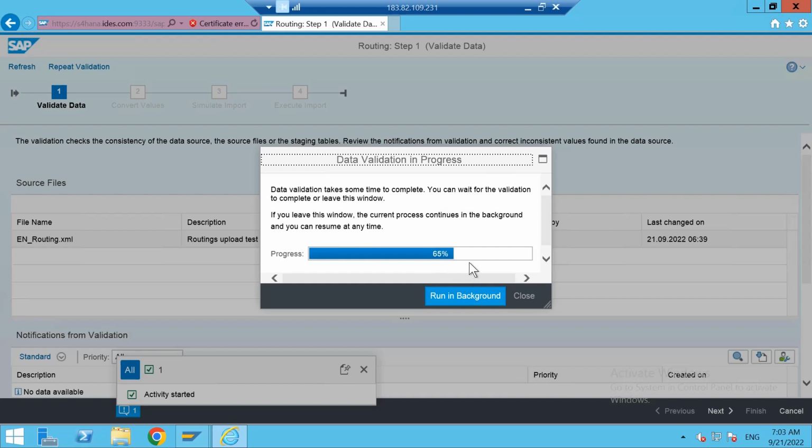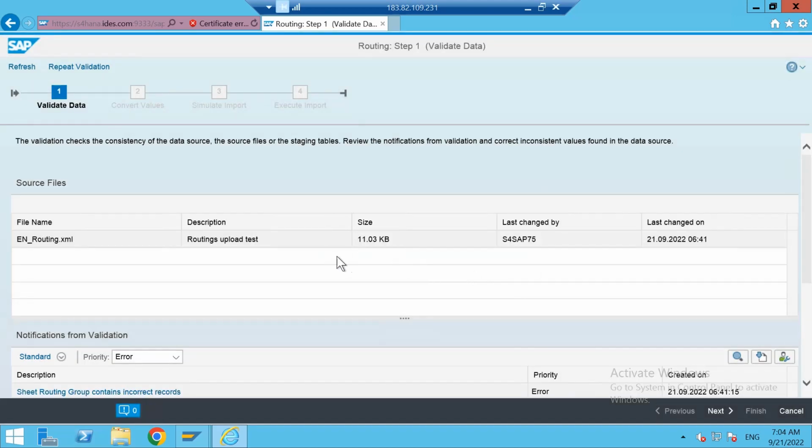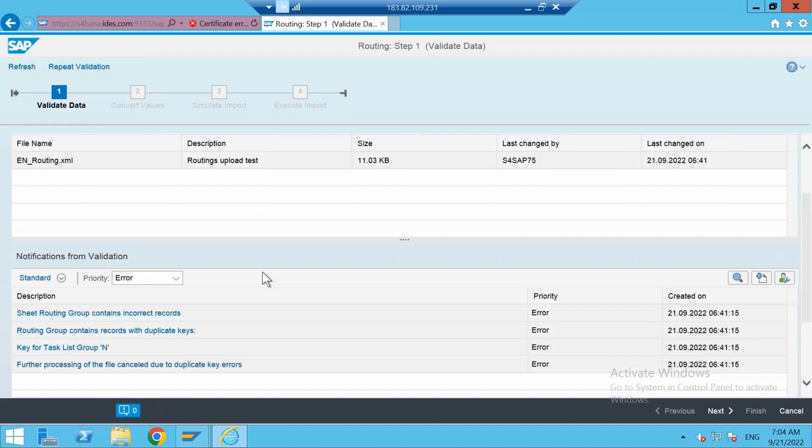Since we have very little data, I haven't clicked to run in the background and allowed it to run in the front end itself, not a problem. Okay, the rest, 100% is done. So click on close. Right. Now, you see here,